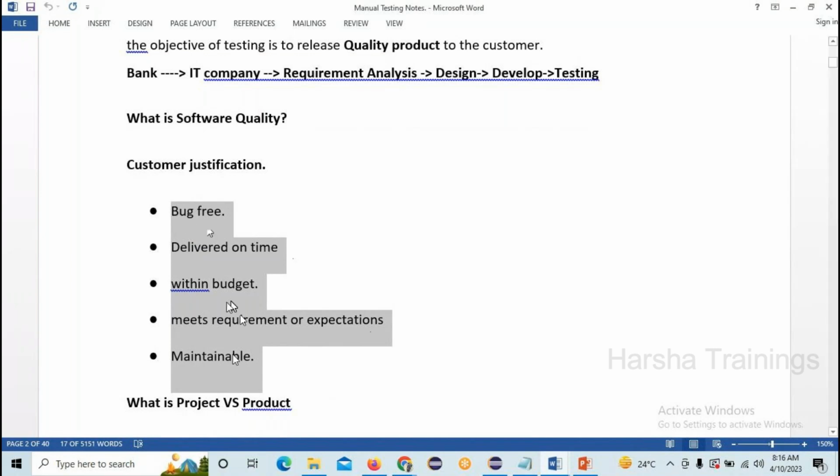Here you can see what is called software quality. We can define software quality with the help of customer satisfaction, customer justification. How can you define that the customer is satisfied?